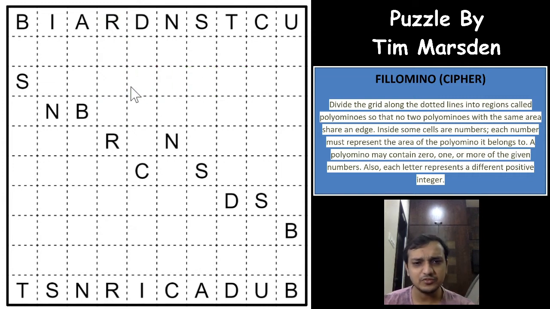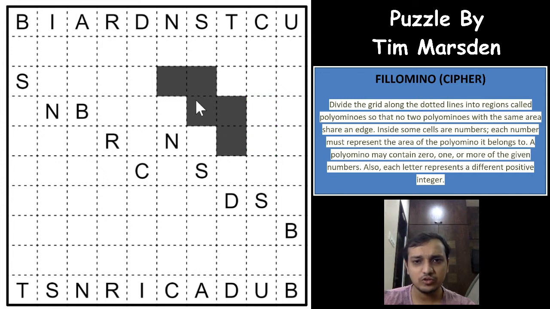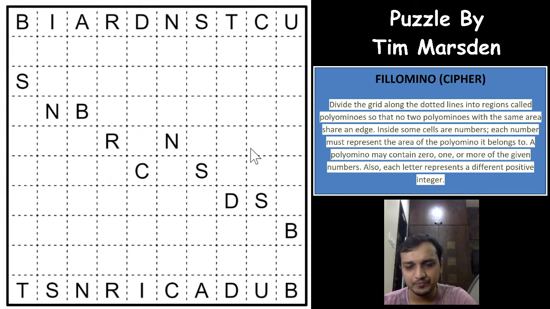And you might have some regions. So usually in a Fillomino you have numbers given in the grid, right? Any numbers 1, 2, 10, 11, 12, anything, and with the numbers we have to form the region. So if it is a 12, then we need to form a 12 cell region, right? That is what the Fillomino rule says. And with that, in a Fillomino you might have regions where there are no given numbers in the grid. So you might have a 5 cell region where there was no 5 in the grid already given. So you might have some new regions that are formed in a Fillomino, right? That is also possible in a Fillomino.